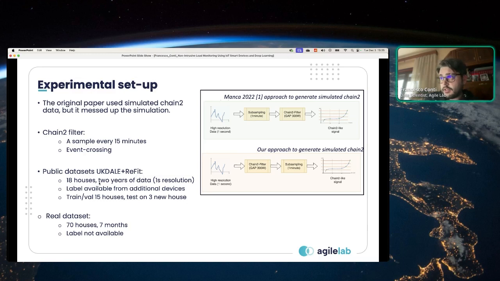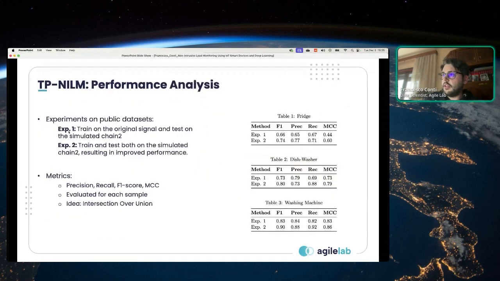We have 18 houses with 2 years of data at 1 second resolution. And we did experiments on these public datasets, and we measured the approach by the authors, and then our approach